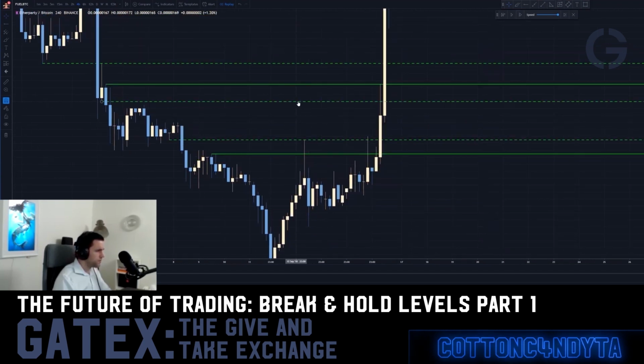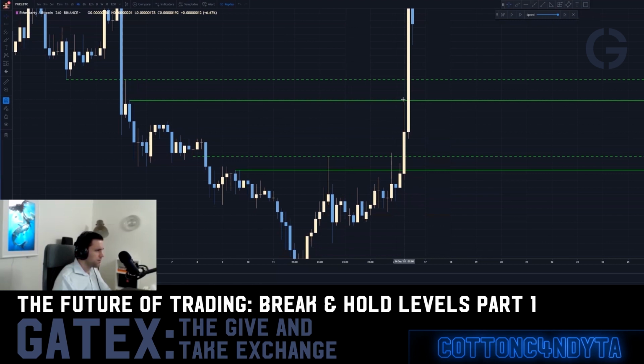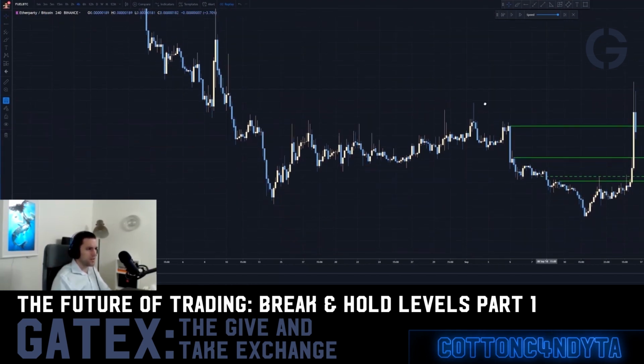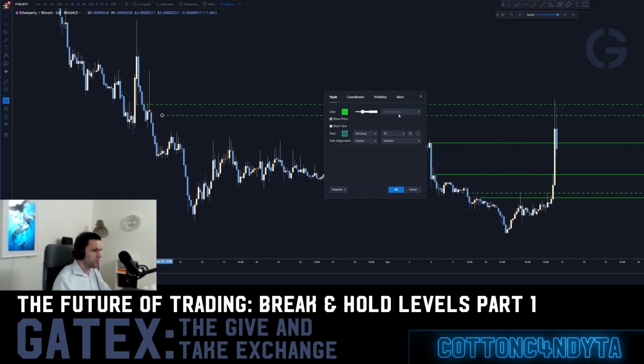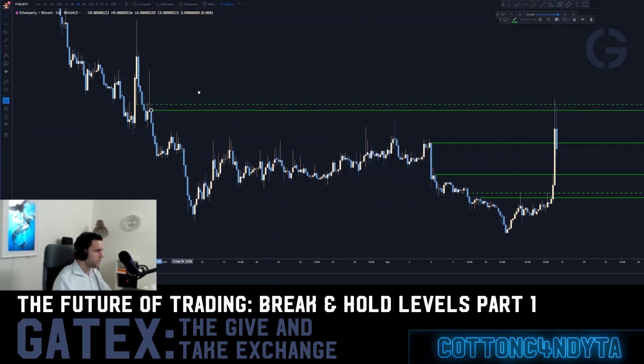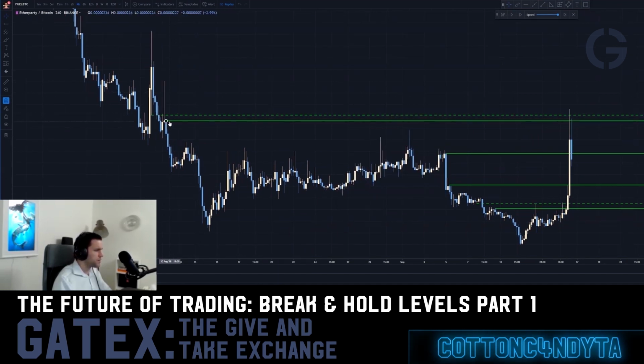Notice how when you back attack the leg of the move, what happens? This is where you see the big pump, right? The big pump is to where you have the valleys and the hold levels that are holding these moves back, right? So you can see the big pump here. Oh, that's not what I wanted. Okay, well, fine. We can use the inverse level here, and then we can mark the actual valley here, because that would be the inverse on the next valley there, right there. And this would be the inverse on the next valley. So you actually blow through this leg of the move and target the inverse on the next valley.